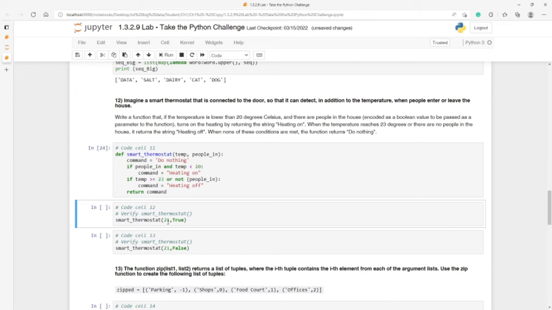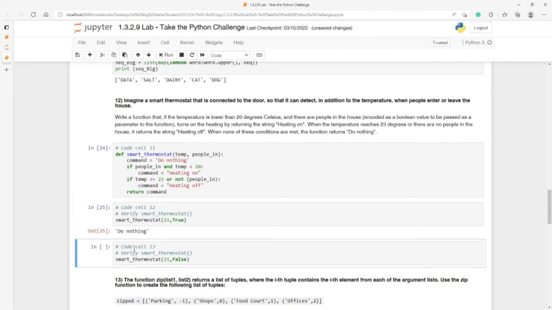Here we have a function invocation with 21 and true. So 21, and there is the true here. So we should see do nothing, because the condition is nothing there, because people are in and the temperature is 21, which is nothing we need to do. So let's run this one. Okay, the second one here, the 21